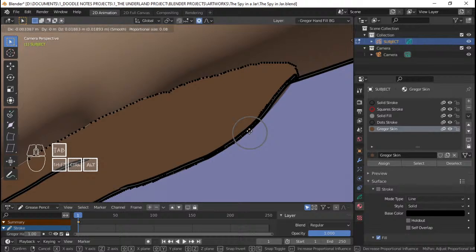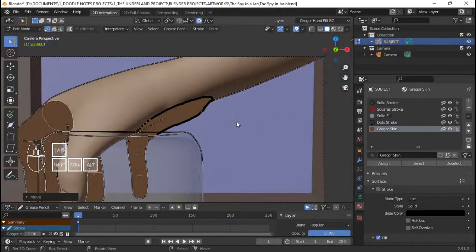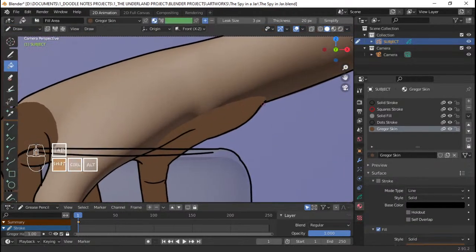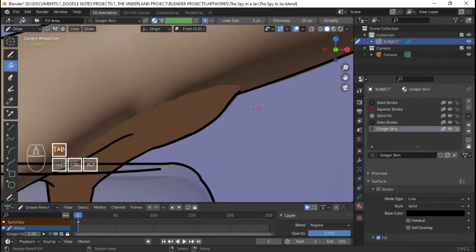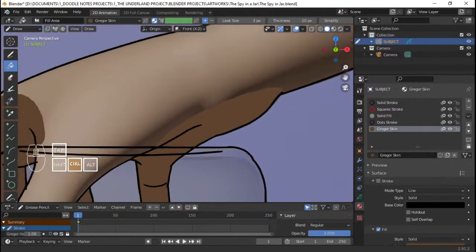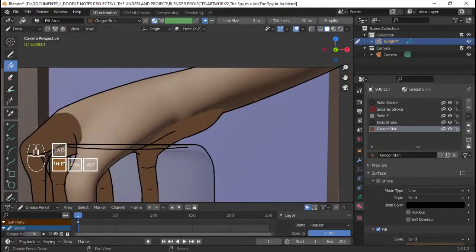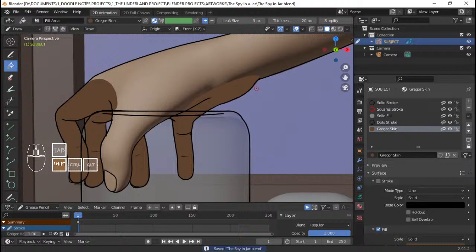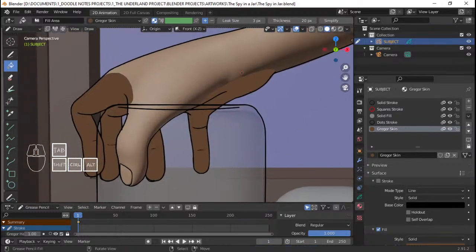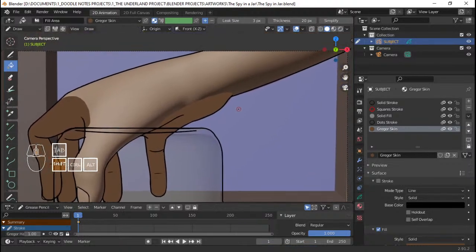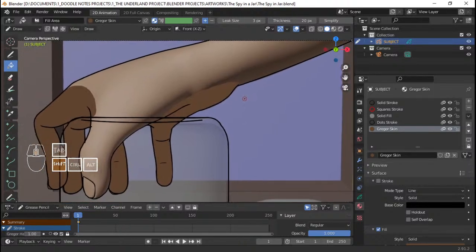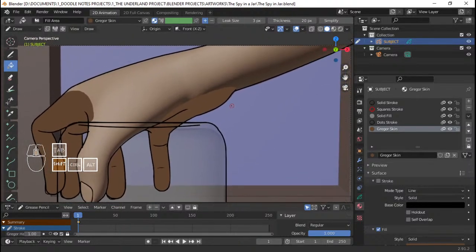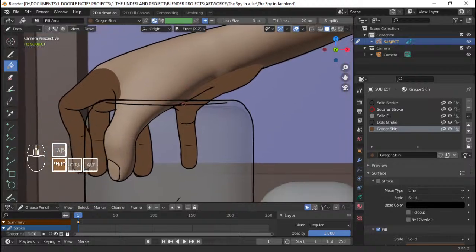Or maybe it's just because my hands are still not used for something else today. That's why I was able to draw that part smoothly there. Anyways, keep going here, and I think that's all for the back part of the hand.